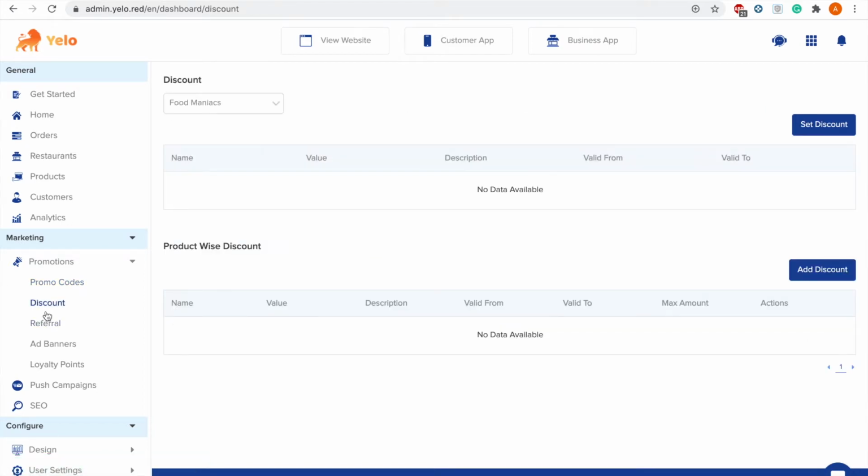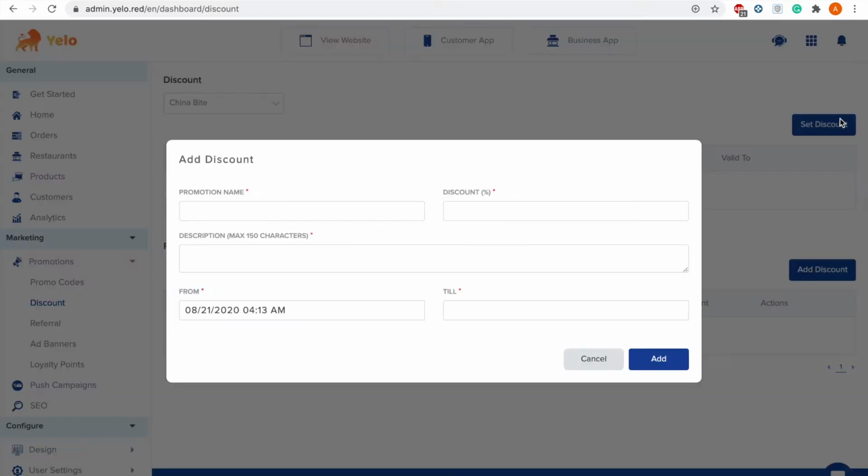And if you go to discount, here you can apply a discount for a specific merchant. Let's just say apply for China Bite, and set a discount. As a Diwali offer we are giving a 20% discount.